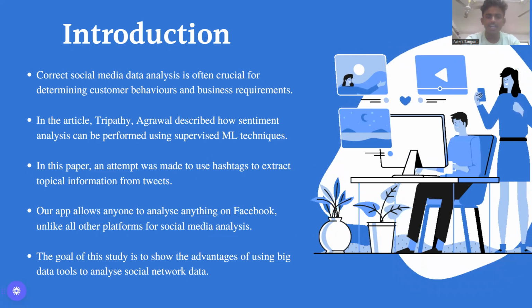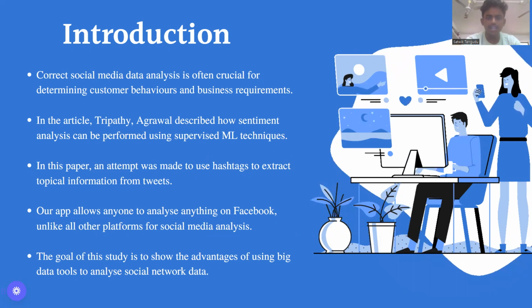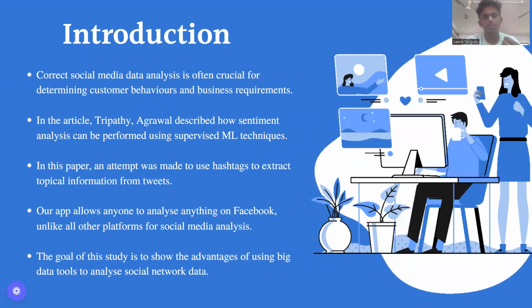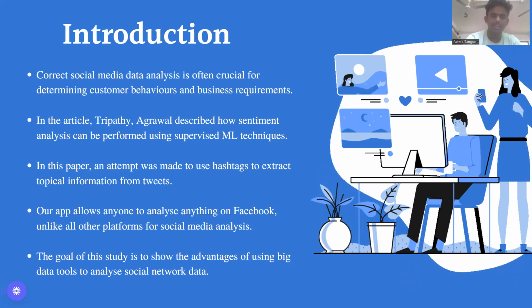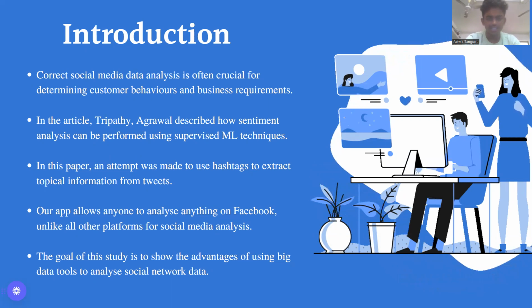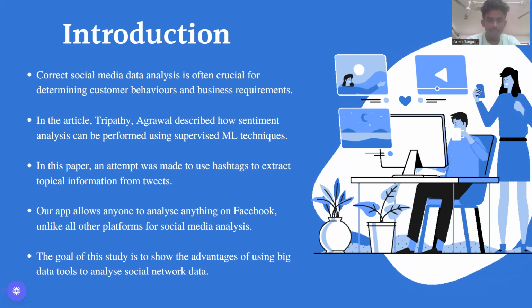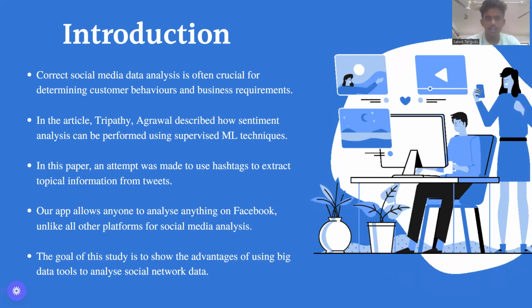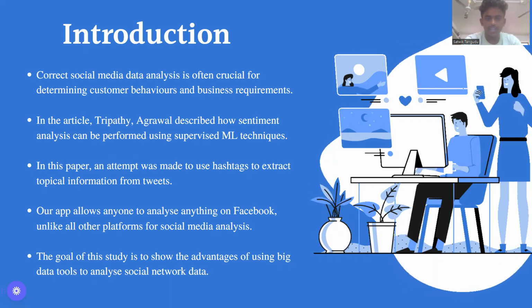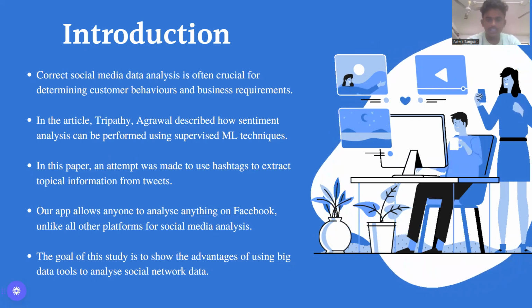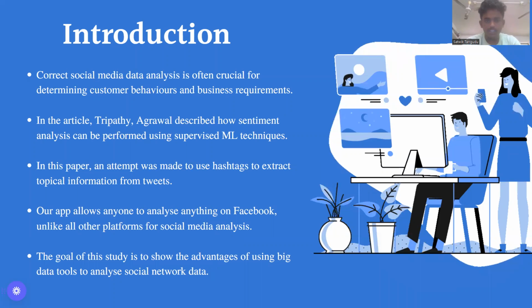Additionally, it makes several recommendations for machine learning techniques and algorithms that can be used to solve this issue, including tag-based algorithms, neural networks, and matrix factorization. Supervised machine learning techniques for sentiment analysis were discussed by Tripathi, Agarwal, and Rath in this paper. The sentiment of movie reviews was determined by the authors using the naive Bayes and support vector machine algorithms in this paper.